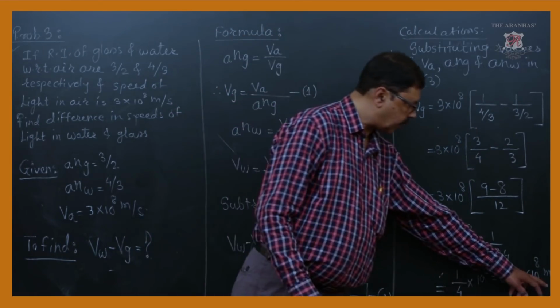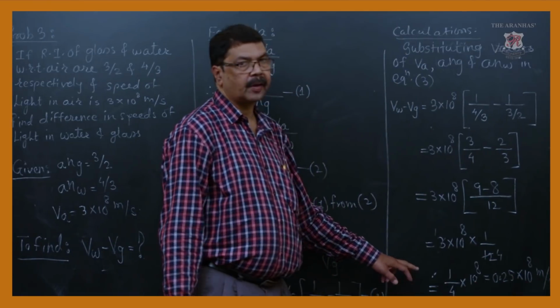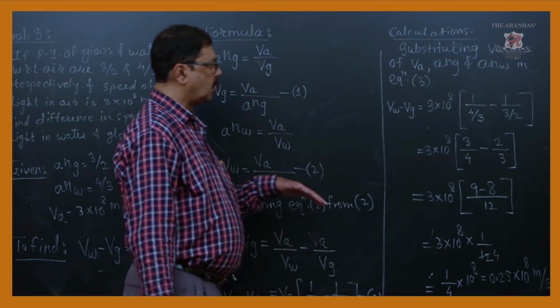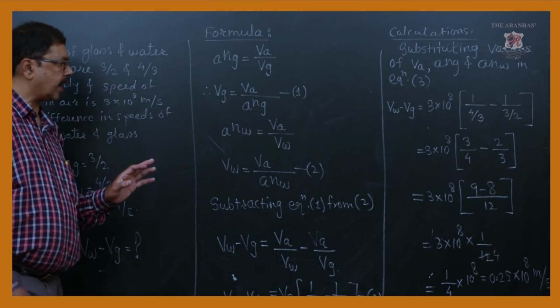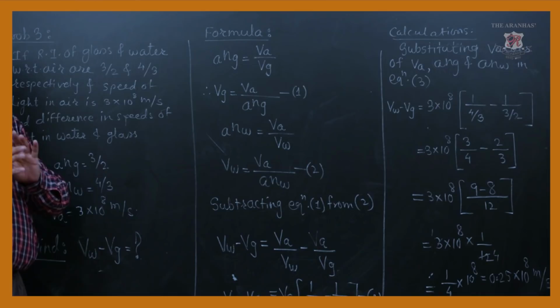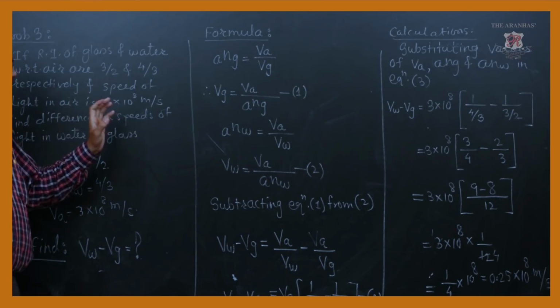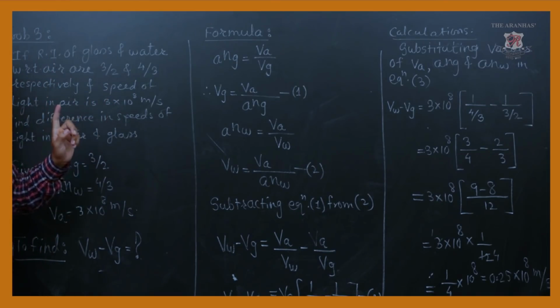Write the proper unit here. You are representing difference in the speed, therefore it has to be meter per second. So this is the way this numerical can be solved. I am repeating once again as you can say revision part of it, because one of the important numericals from